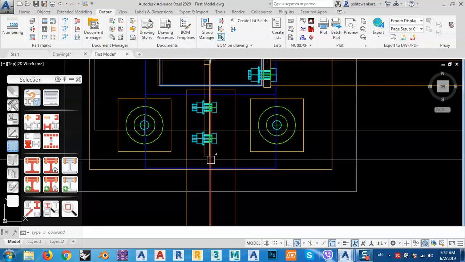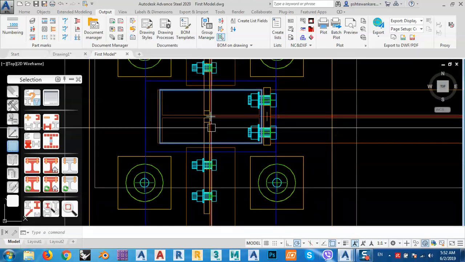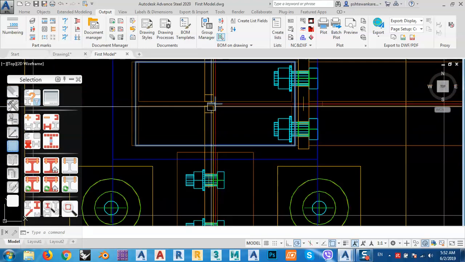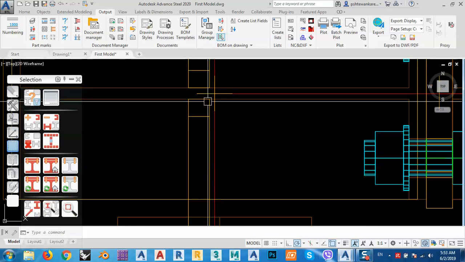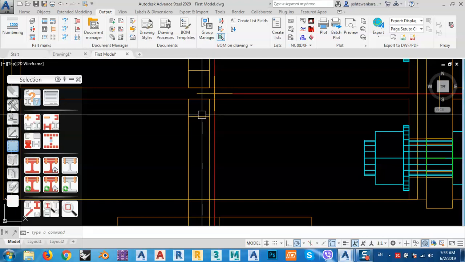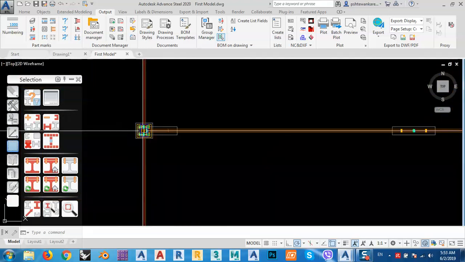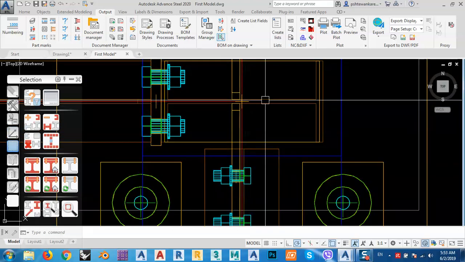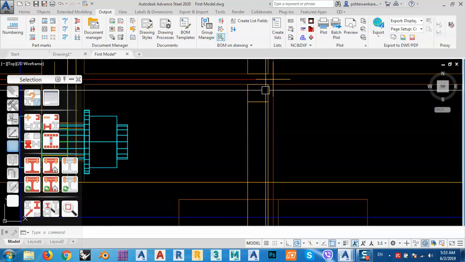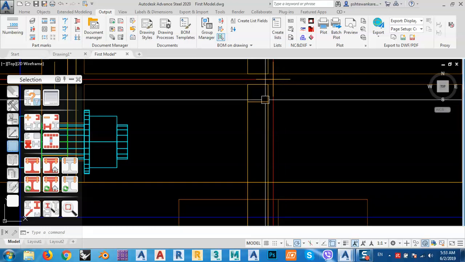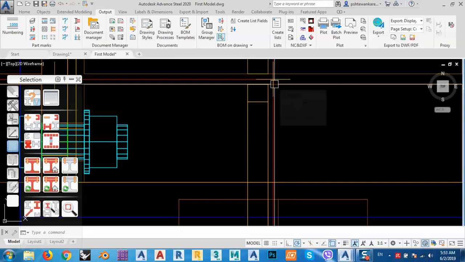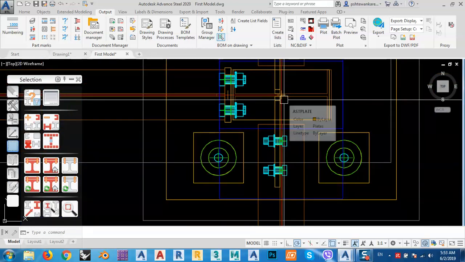As you see, now this system line is exactly in the middle, but it should be the plate that is in the middle. Why? Because as you see from this side, the plate became on the left hand, and for the opposite side, the plate became, what is it? Yeah, on the left side also. But if I bring this one into the middle, it will give me 100%. I'm sure it will give me the same